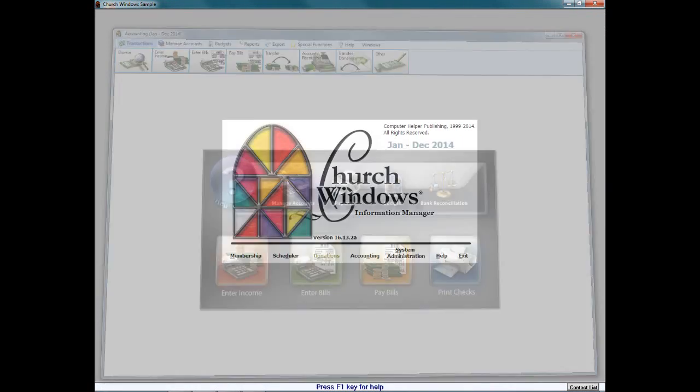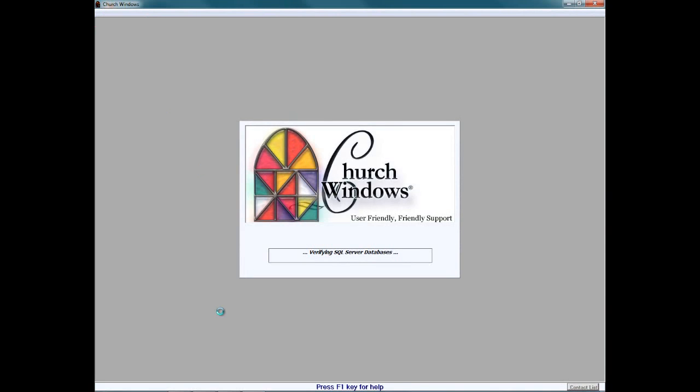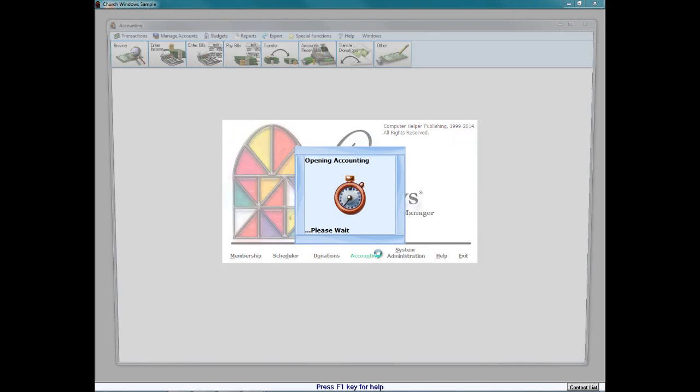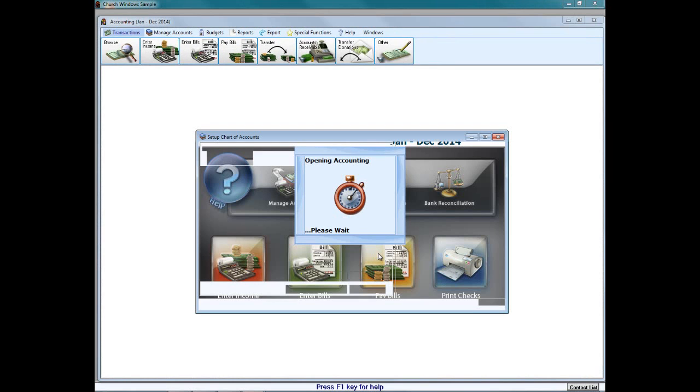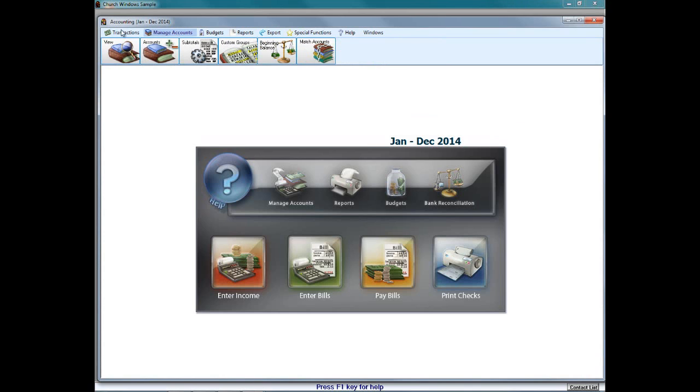Maybe I've closed out of accounting and I've gone home for the day. Come back in. Maybe I only come in every other day or once a week. I come in my next shift. And I open accounting once the program opens. Now, I want to go and pay. Maybe I entered a whole bunch of bills. I only entered one. That's all you watched me enter, but let's pretend I entered a whole bunch of bills. I want to go find all those and pay them. I can go to Transactions, Pay Bills,